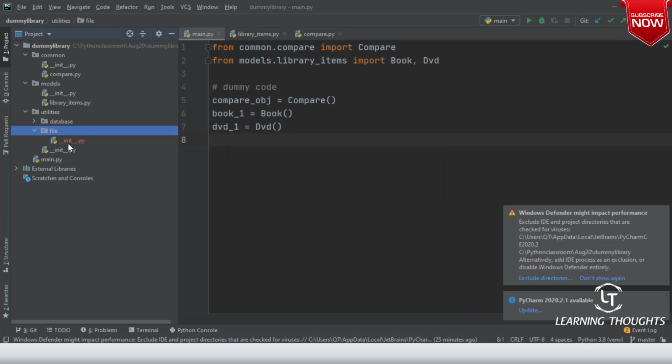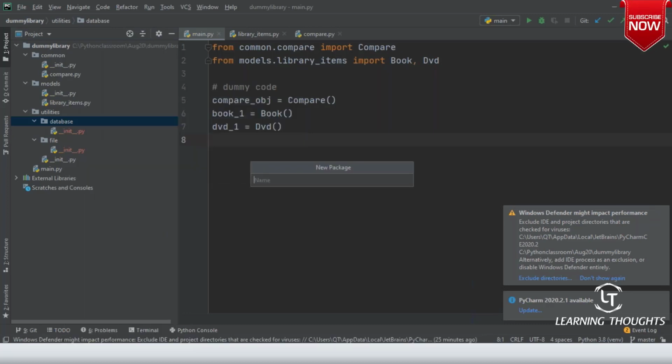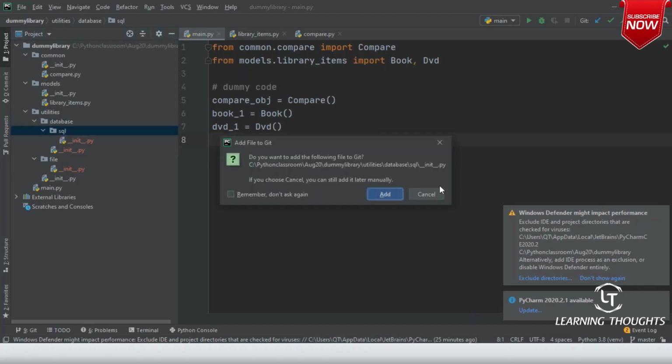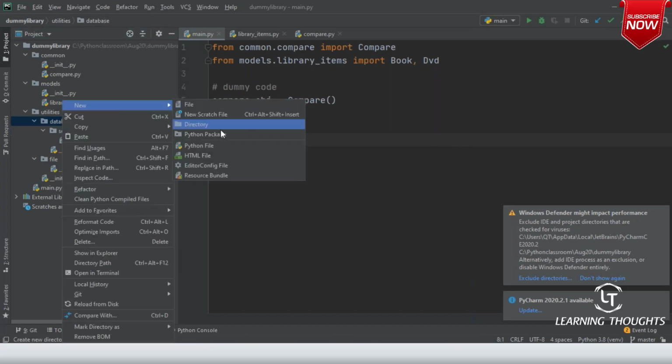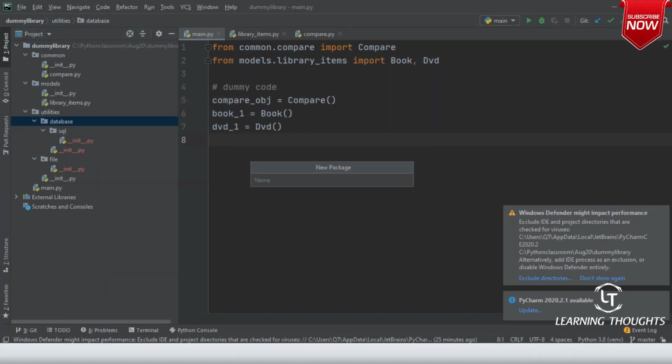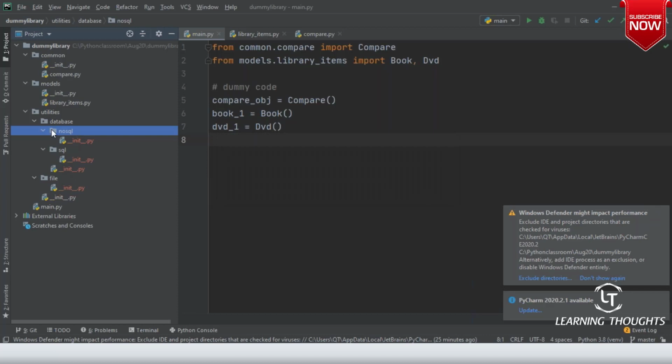Within database utilities, I might write a new package, which is possibly SQL. And I might write one more package over here, which is NoSQL. Am I clear on this?